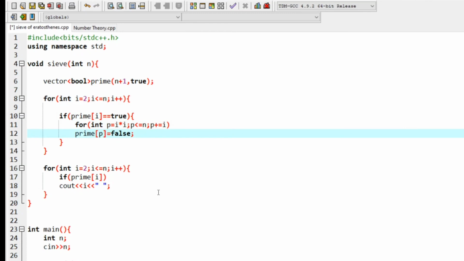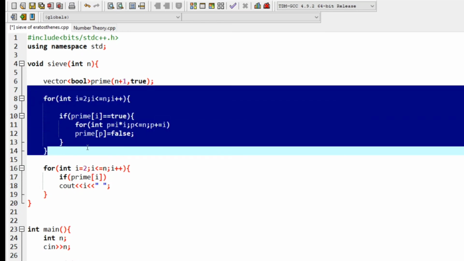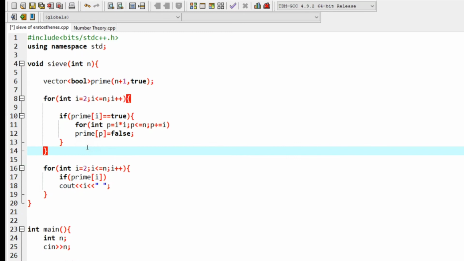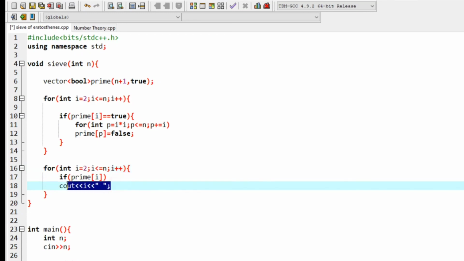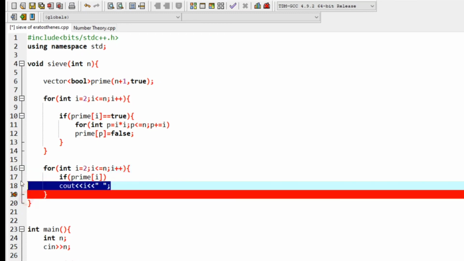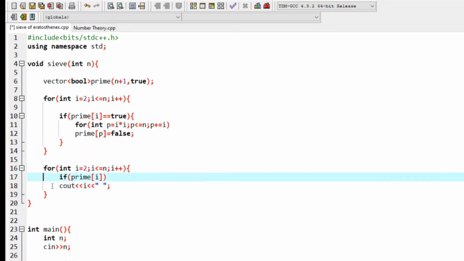And at the end, after completion of this for loop, we will have our updated prime array, and at the end we will be traversing that updated prime array, and if the value is true, that value will be part of our answer. Okay, so this is the simple sieve function, and the time complexity is logarithmic.